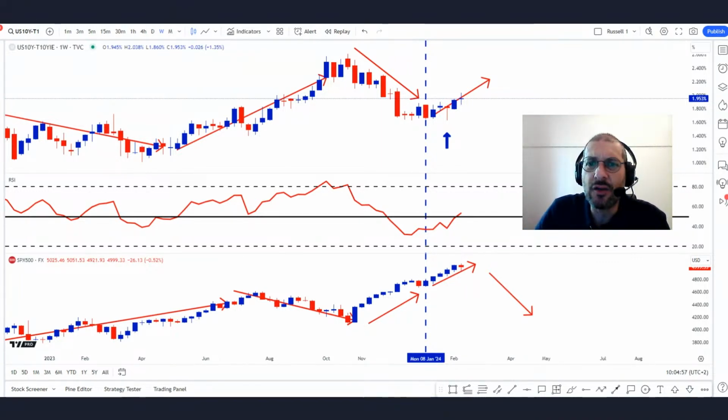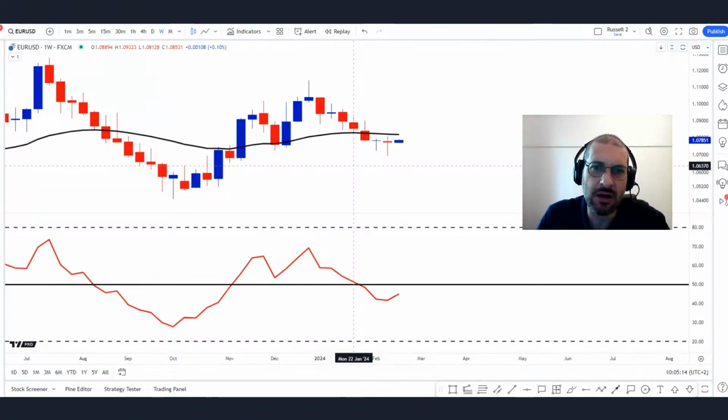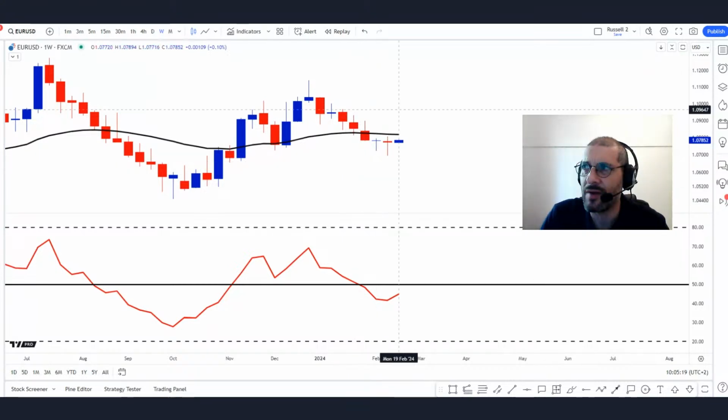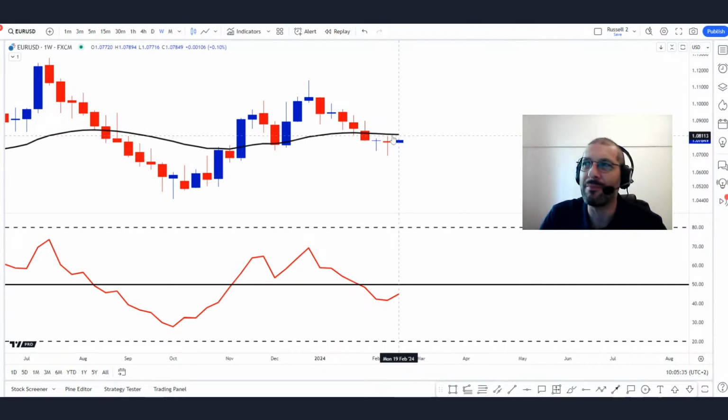But let's just go through to euro. I said we'll take a look at euro. So let's just do a top-down analysis on euro US dollar, and we'll start off with the weekly. And what we have here is almost a mirror image of the US dollar. Whereas there was some sort of downside pressure with the US dollar, there's upside pressure on the euro just over the last 2 weeks. Now you've got the euro with a blue candle, but it's below that black exponential moving average, and the exponential moving average is quite flat, but perhaps there's a slight angle to the downside.